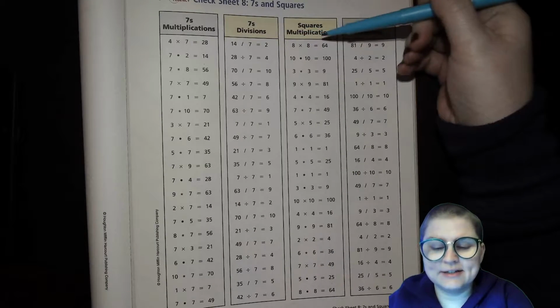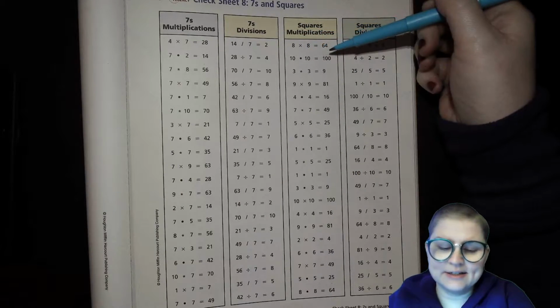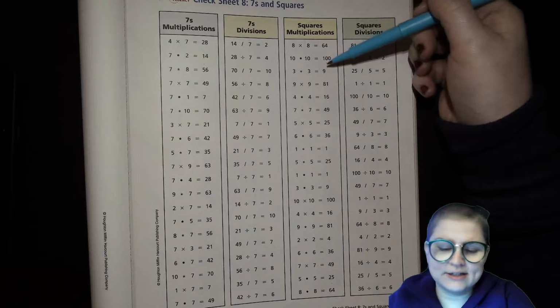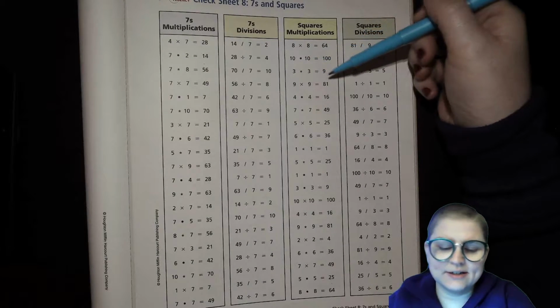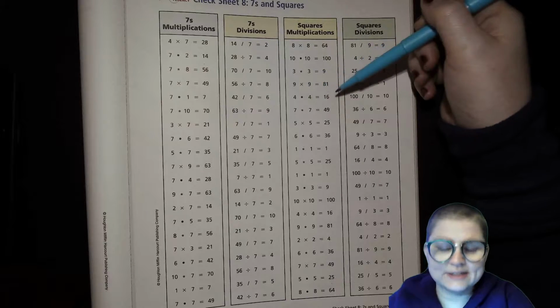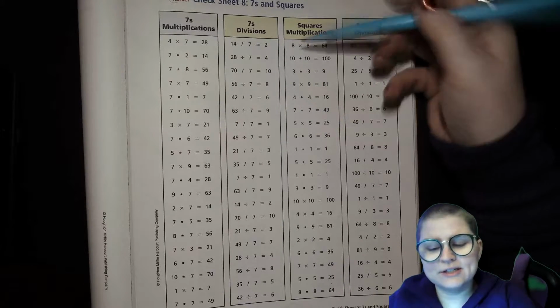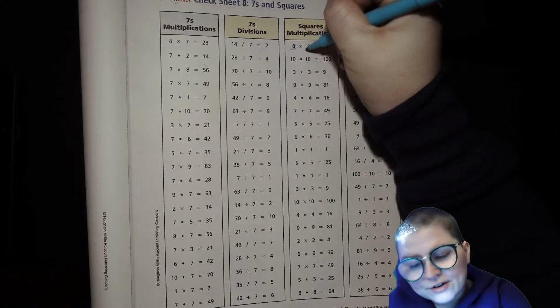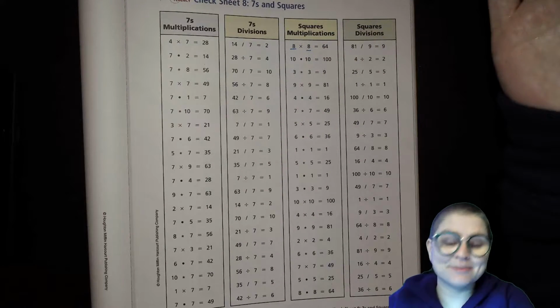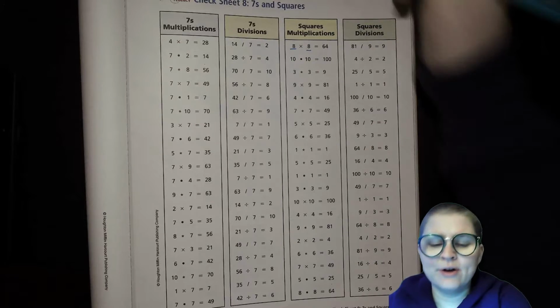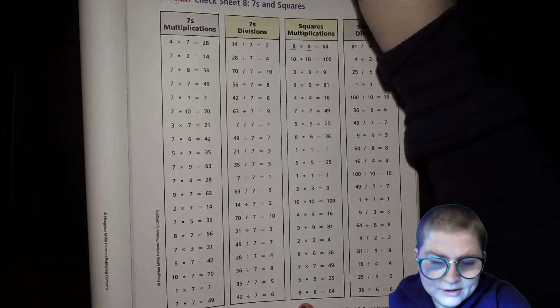It's 8 times 8, 64. 10 times 10 is 100. 3 times 3 is 9. 9 times 9 is 81. 4 times 4 is 16. Do you notice anything? All these square multiplications, both factors are the same, right? And so if you think about what you know about a square,